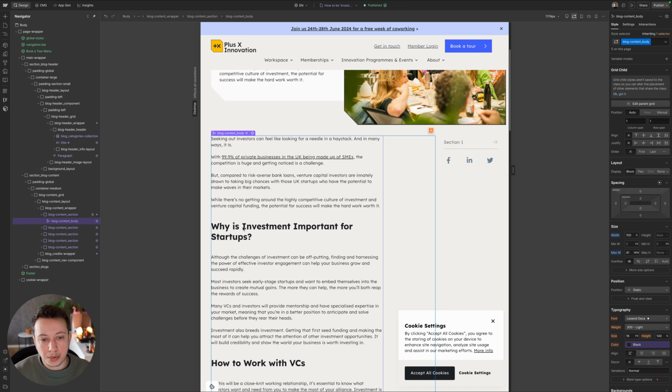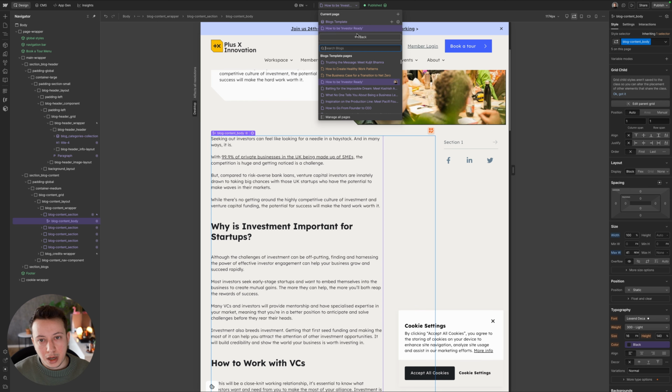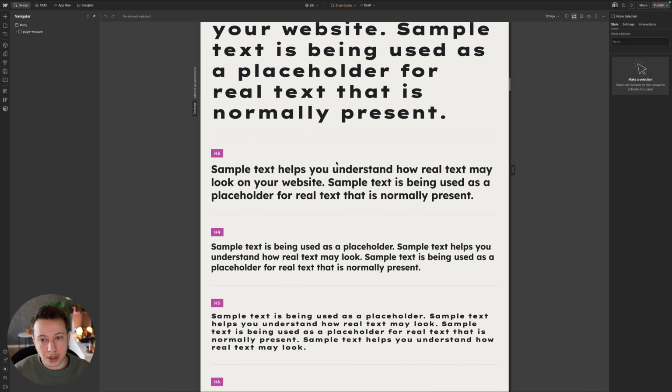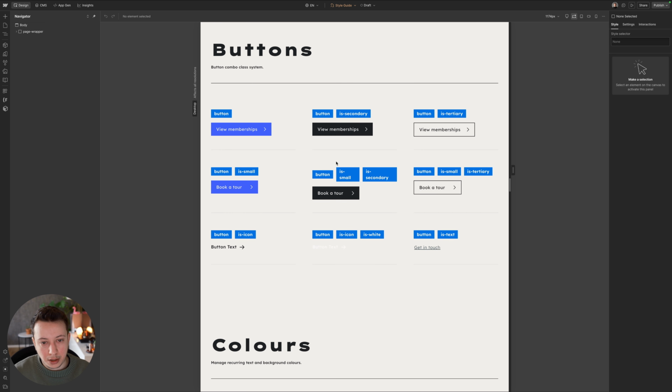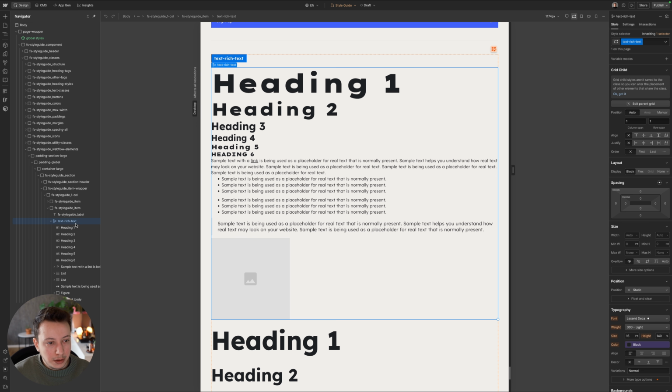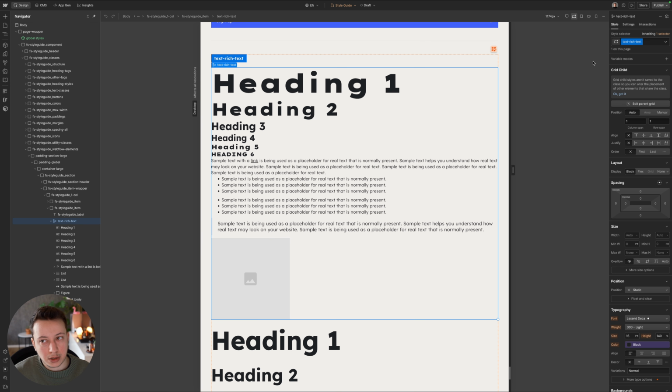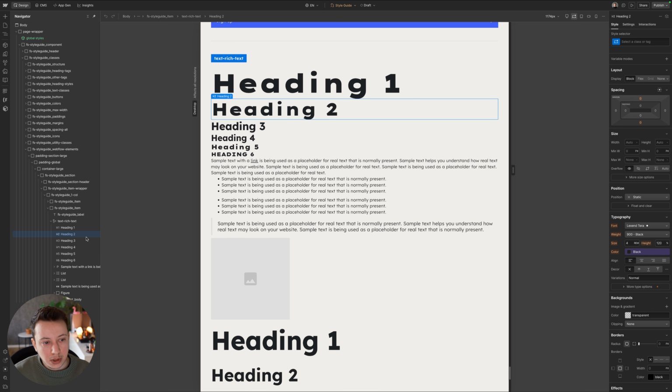And for setting up these styles so they look consistent for the blog article, the way I do it, I go inside of the style guide that I set up inside of the website, and we are going to find the rich text. So in the style guide, we have text, rich text, and you are going to see all the headings. Again, you shouldn't use an H1 inside of the rich text for blogs, but this is just to set the styles. So to set the style for each heading, let's say that it shouldn't be